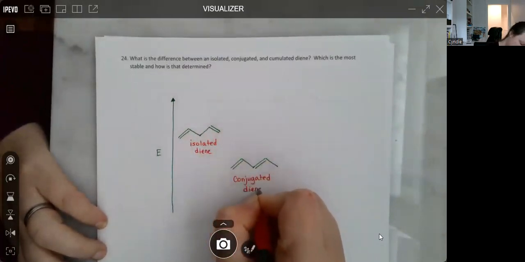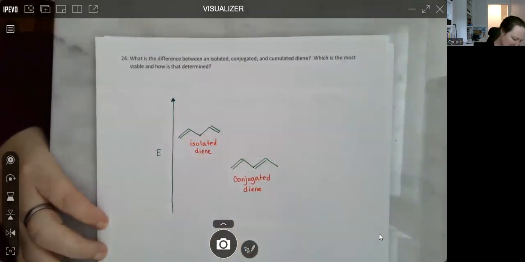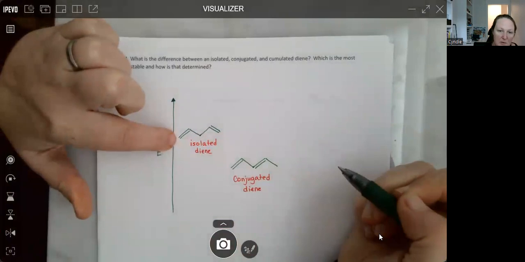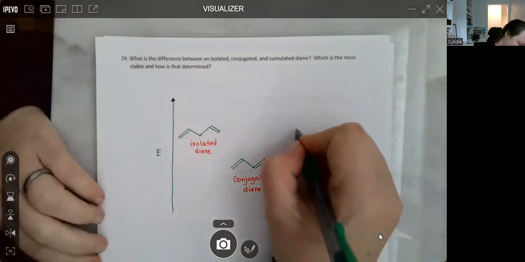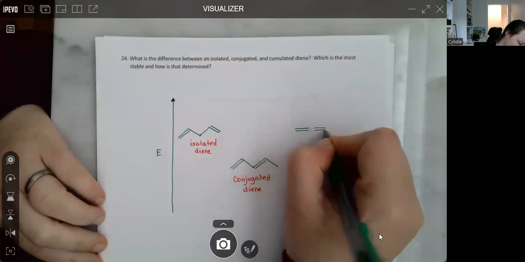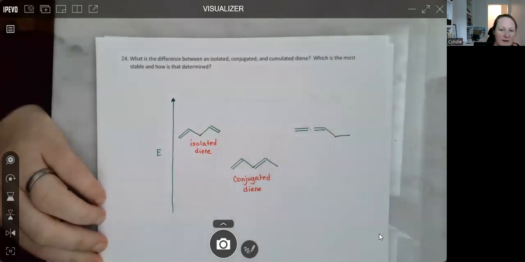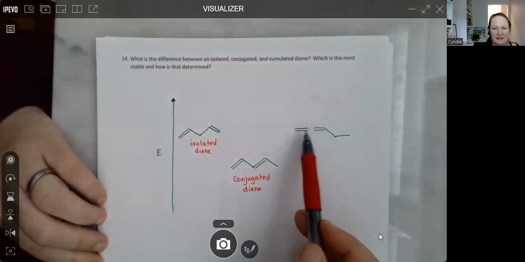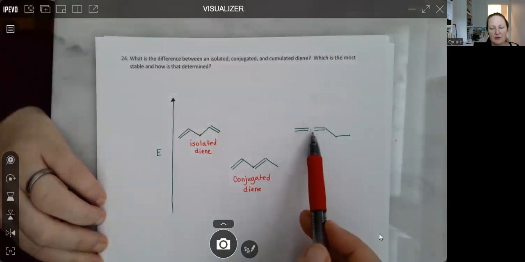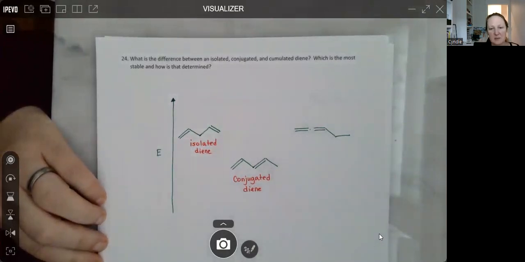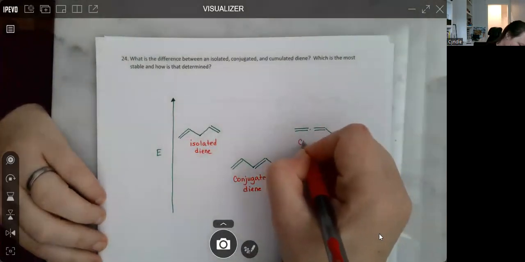And then in the last case is a cumulated diene. I don't know if it's going to be more or less stable than the isolated diene, probably pretty similar. So 1, 2, 3 carbons, right? I'm going to do 4, 5, so I can have the same number of carbons. And I say probably pretty similar because these act as if they're isolated, right? Even though they're sharing a carbon, the p orbitals are going different directions, so there's no overlap to enhance the stability. So we'll put over here